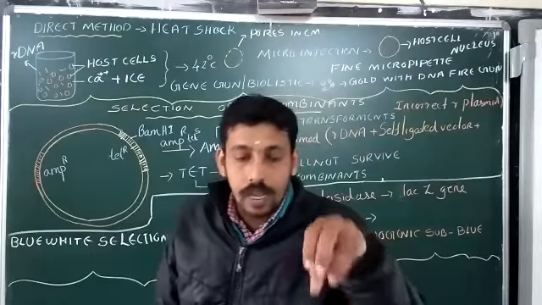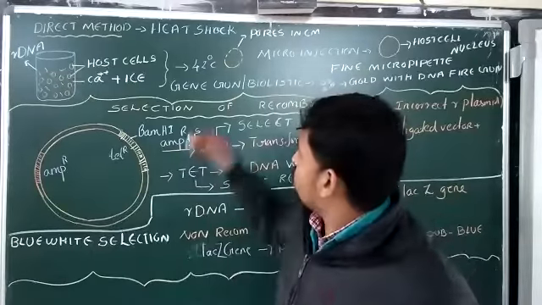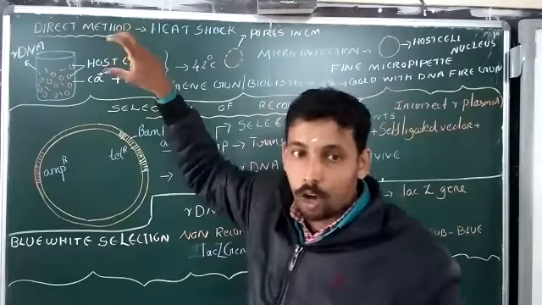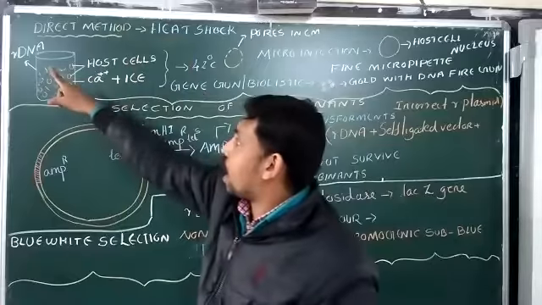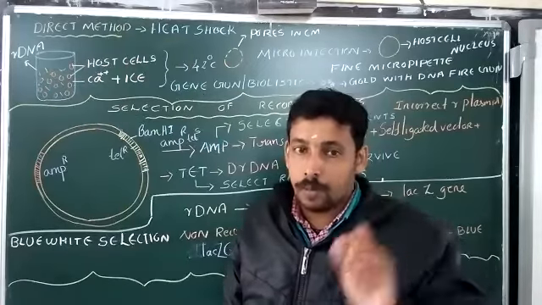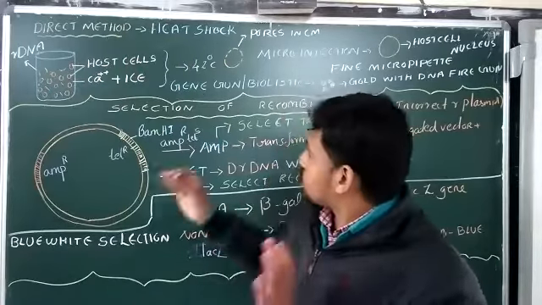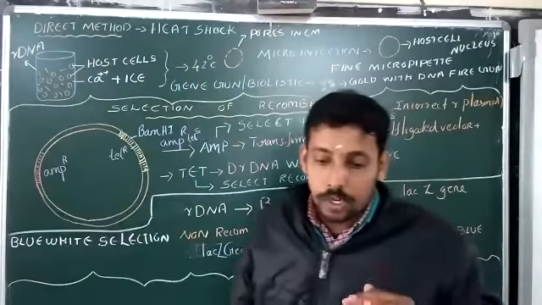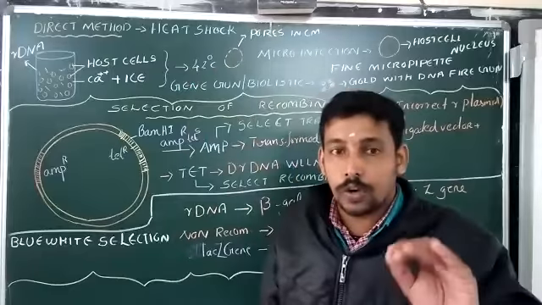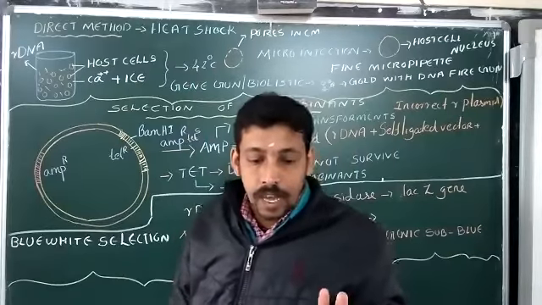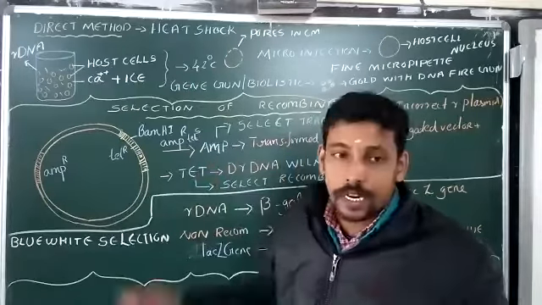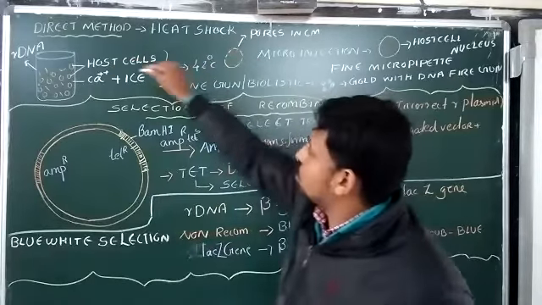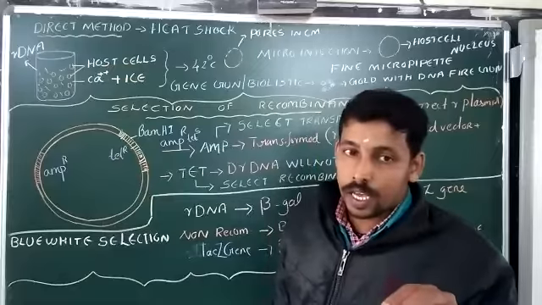First we take the petri dish with host cells, and we allow them to incubate with the rDNA in the medium with calcium ions and ice. Then after some time, we move this to 42 degrees Celsius for at least 2 minutes. This gives a sudden heat shock to all these bacterial cells,